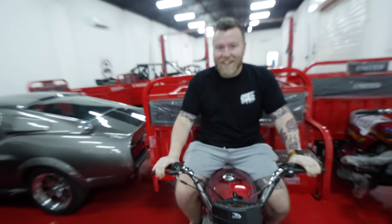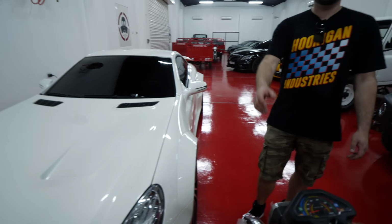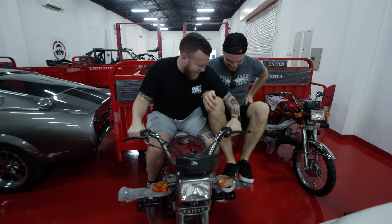This is actually a practical thing. You know what I think is the best thing? The side seat. Okay, logistically, how does this work? Oh, I can just like...